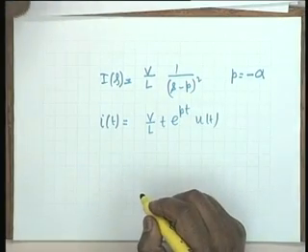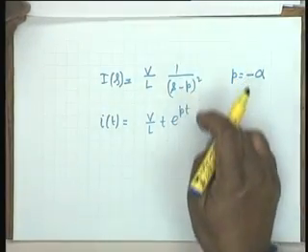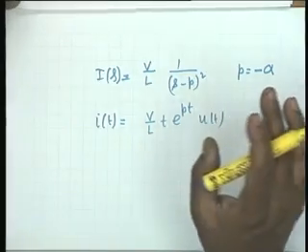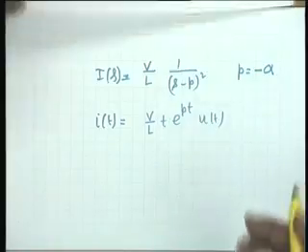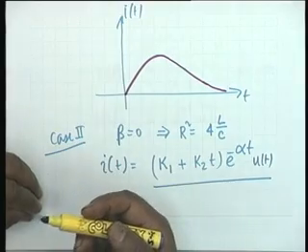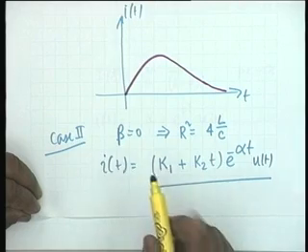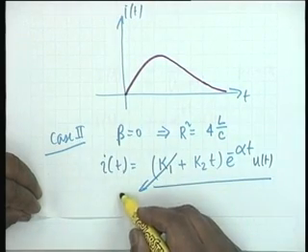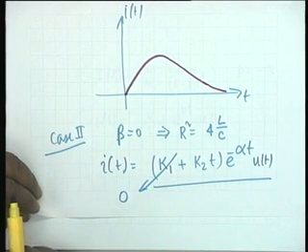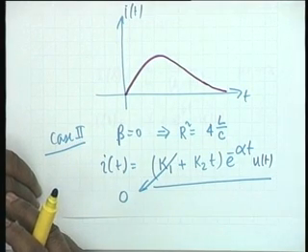Agreed? Now I wanted to go from the differential equation. Suppose I don't take the inverse of this, I go from the differential equation or from previous knowledge. Since the roots are repeated, my solution would be of this form. Now how do you find the initial conditions here? Well, one initial condition we know, I of 0 is 0, and therefore K1 should be equal to 0. There is no other way. How do you find K2? At t equal to infinity, it is again 0, but that does not give K2.